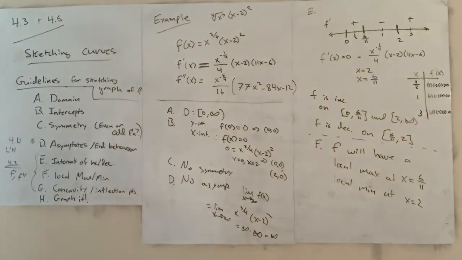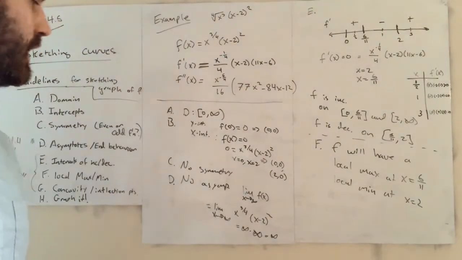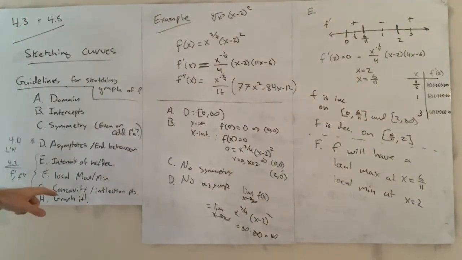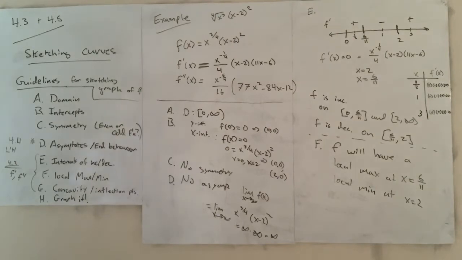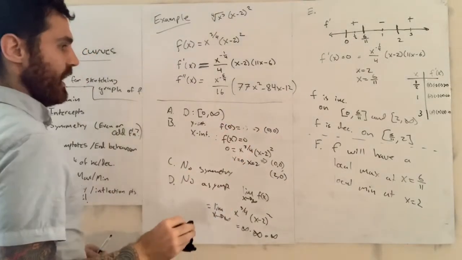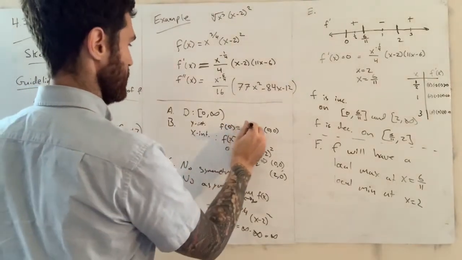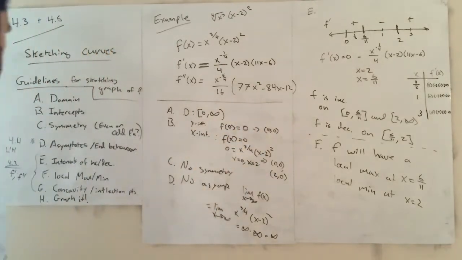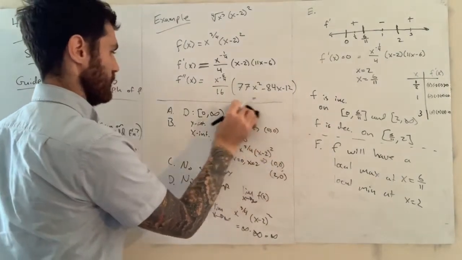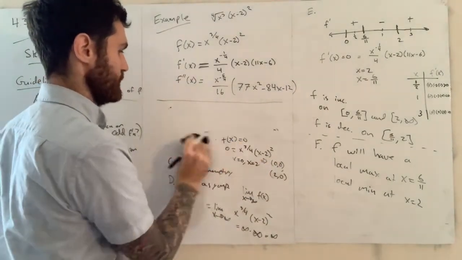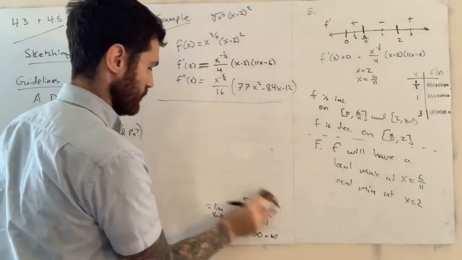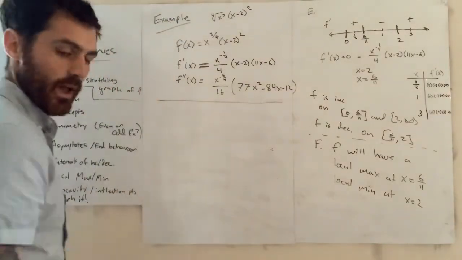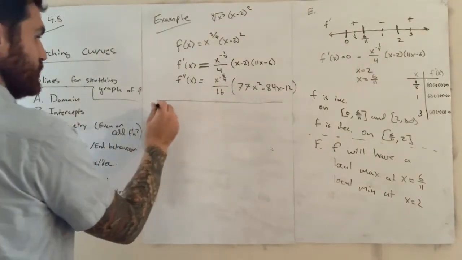Okay. All right. So now we're going to talk about concavity and inflection points. I know what the domain is. I have all this written down, so I'm going to make some room here. Okay. So this is G,